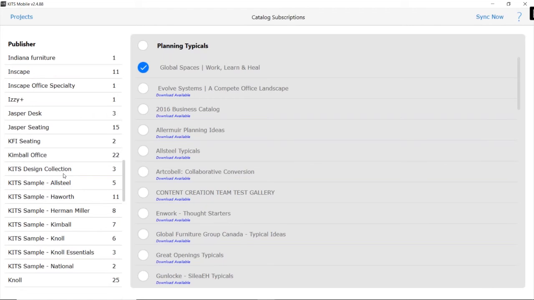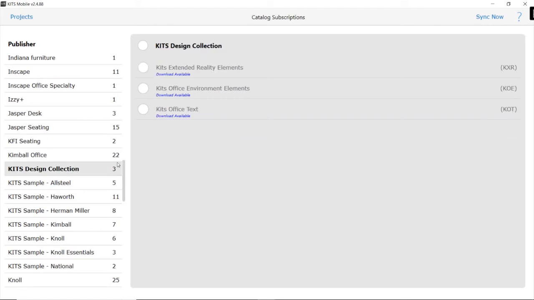Here under the Kits Design Collection, you may not see 3 catalogs as I do, since I have access to all the catalogs, but the KXR is a different catalog for a particular license, in case you're wondering. But you should have access to the Kits Office Environment Elements and the Kits Office Text Environment catalog. These 2 catalogs will help you present your layout in a way where you can truly illustrate what your